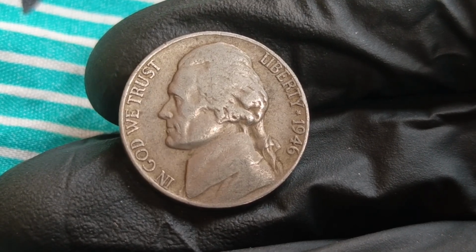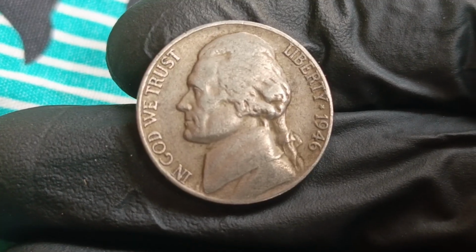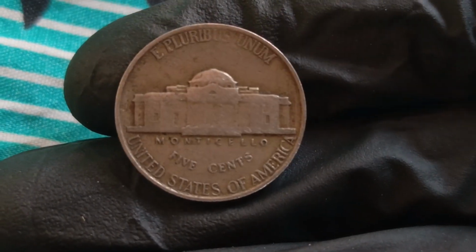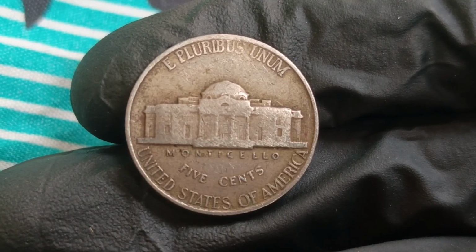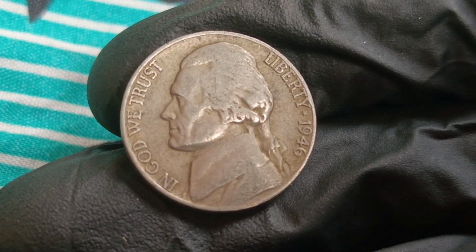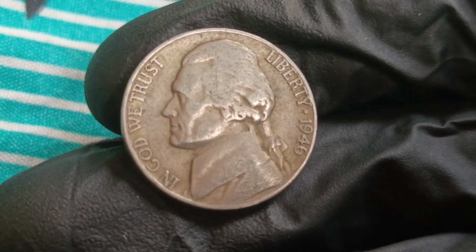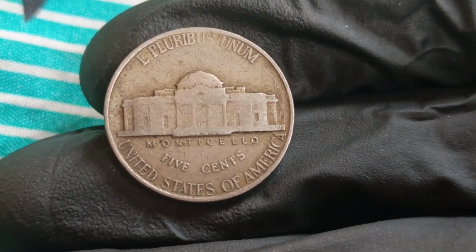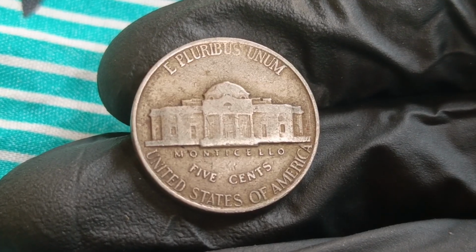The Jefferson nickel is one of the most recognizable American coins ever produced. It was introduced in 1938 to replace the Buffalo nickel and featured a portrait of Thomas Jefferson on the obverse and Monticello, Jefferson's famous Virginia home, on the reverse. By 1946, the Jefferson nickel had already become an important part of everyday American commerce. The United States was emerging from World War II. The economy was changing, and American coinage was beginning to return to more familiar production standards after several years of wartime modifications. That historical setting makes a 1946 Jefferson nickel especially interesting to collectors who enjoy coins connected to important